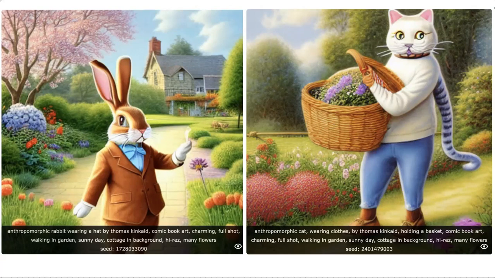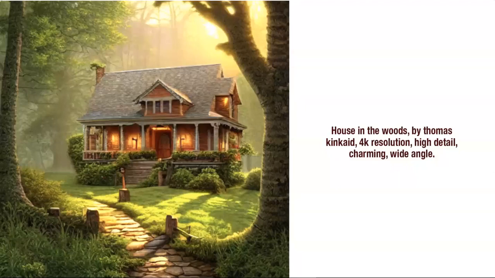I was impressed. And here's one I did. This was intended for a book cover. I even put in book cover, so it knew I was doing a book cover, but this was the bulk of what I said here: House in the Woods, again, Thomas Kincaid. I was just trying to get a kind of cottagey, cozy feel. And I thought these were great for a book cover. My only complaint and reason it couldn't be used was that it's a square shape and you couldn't choose, hey, make this illustration this size or this size. So we still had limitations here.